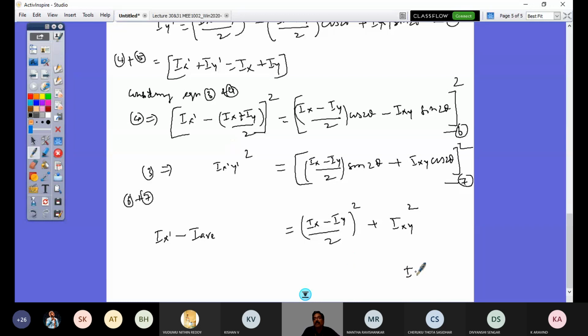So what is I average? Ix plus Iy by 2. Let I average be this. So I will have this whole squared plus Ix'y' squared on this side. So now you look at this equation this way: Ix dash minus